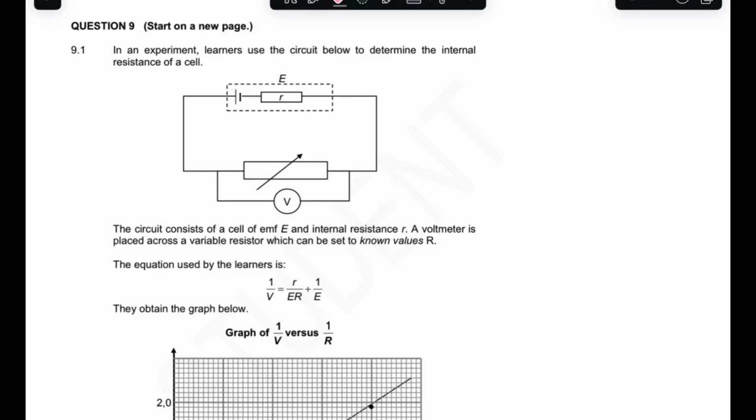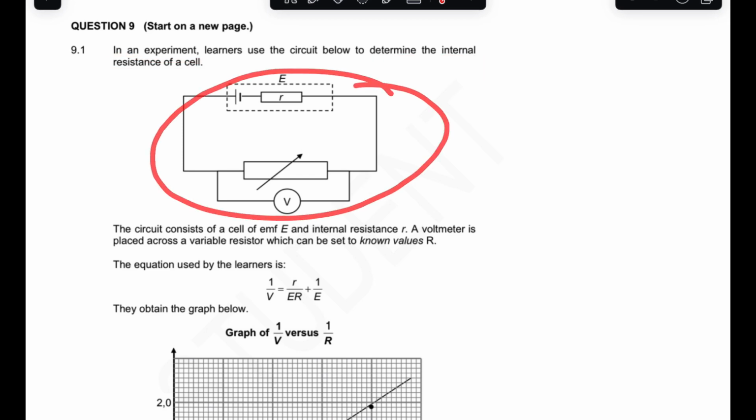Today I'm looking at the electric circuit graph question. This is the past question paper. It says in an experiment, learners use the circuit below to determine the internal resistance. So they use this type of circuit, which is